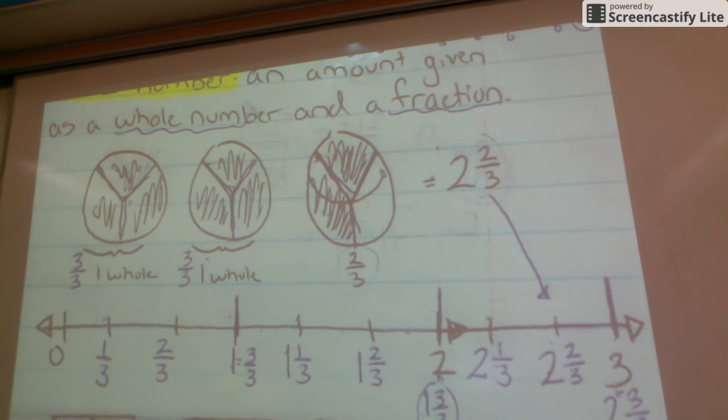All right, so that's what we're doing. We need to figure out how many sections or pieces we are cut into. This one was cut into 3 pieces because we could see 1, 2, 3 pieces. Now,